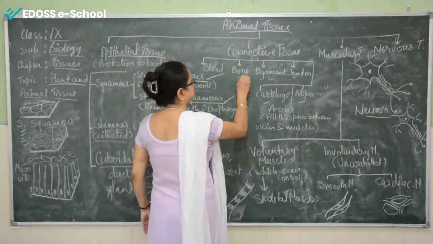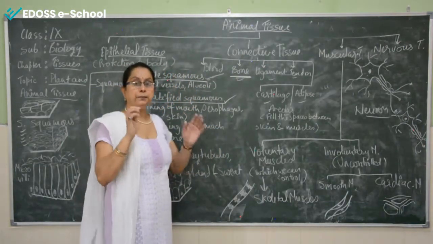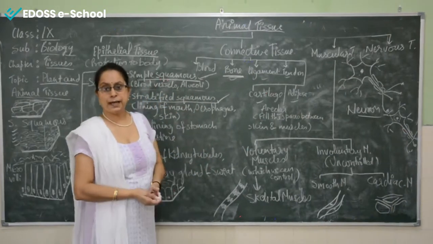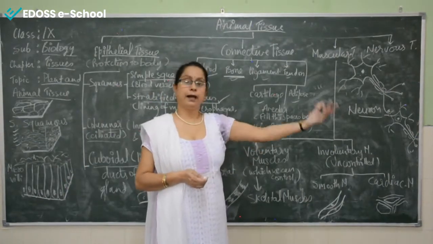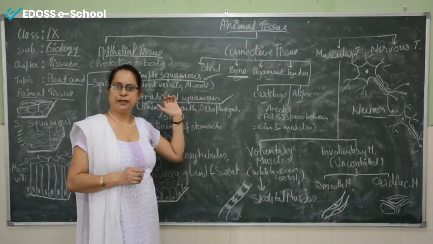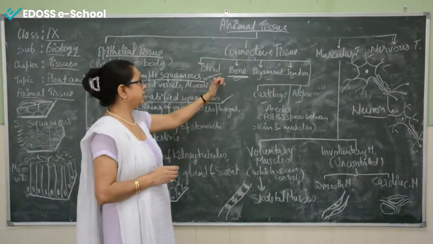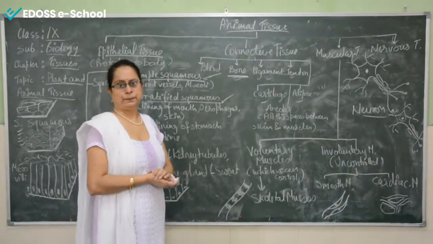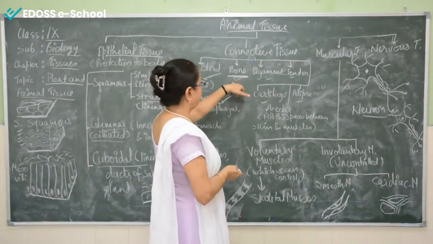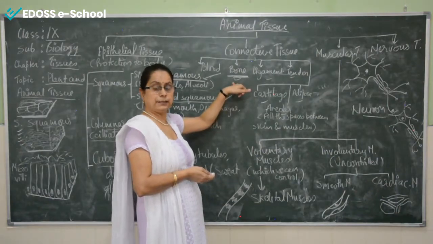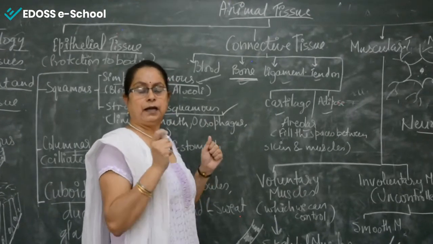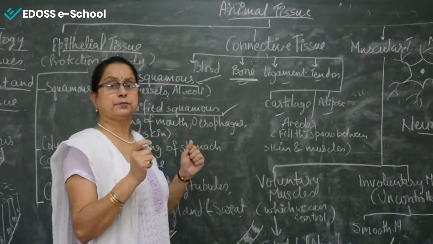Now after blood, we'll move to the bone. What is bone? Everyone knows. It makes the framework of our body. It makes the whole skeleton on which our body stands. I can walk, I can move my hand, I can run, I can sit. It is all because of the internal skeleton we have, that is made up of bone. Bones are made up of calcium, the main thing, and phosphorus. Bone is very hard in its appearance. It cannot be bent. It has no flexibility. It's a very rigid structure, the hardest structure present in the body.